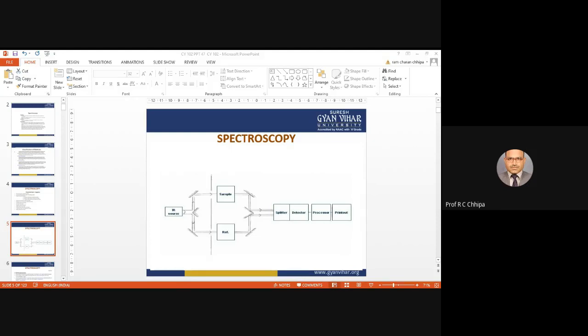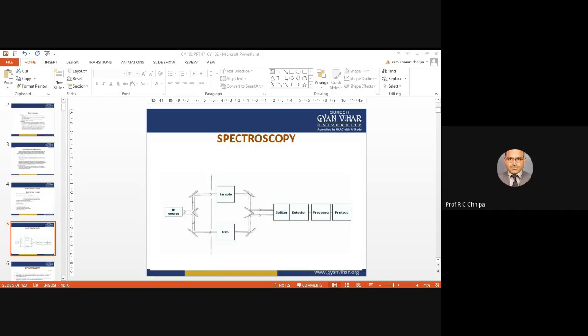So here, the source of electromagnetic radiation in spectroscopy: we have UV or ultraviolet radiation, infrared radiation, and if we have the source X-ray, that will be X-ray spectroscopy. So the source of radiation and then the sample. In case of the human body as the sample, we scan the human body and get information about the bones. So we get the X-ray of the hand's finger with the help of X-ray. Surely that is the scanning.